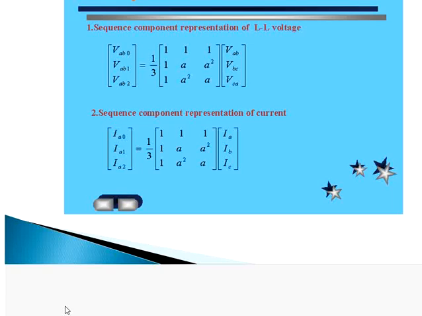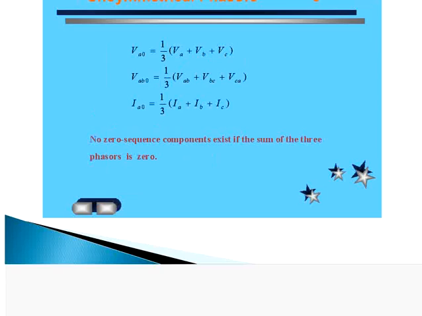And here VA0, VAB0, IA0 will be related to star and delta. This I will tell you later. Now, in a balanced phasor system, remember that IA equals IA0 plus IA1 plus IA2, where the zero and negative components are 0 in a balanced system. This I will tell. VA0 means the voltage at the neutral, 1 by root 3 times VA plus VB plus VC. This I will tell you later.